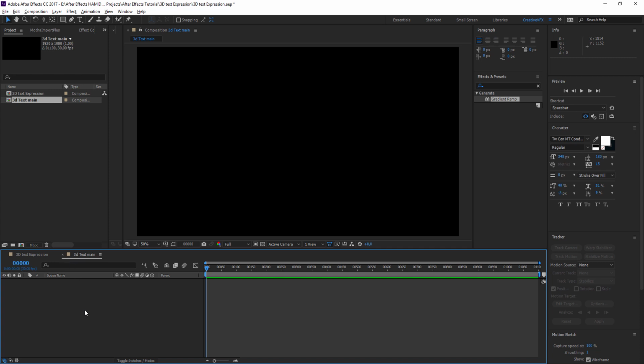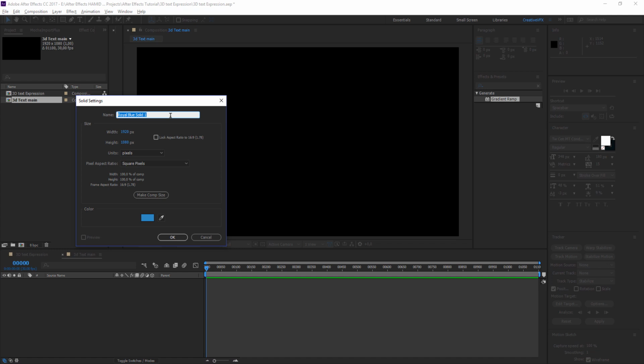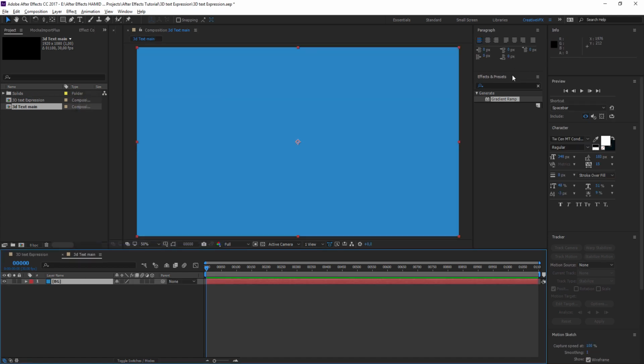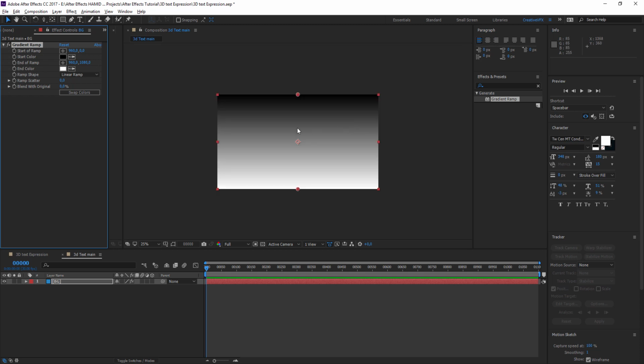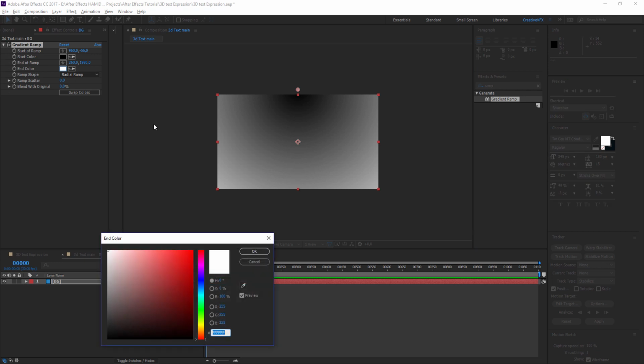Let's start by creating a background. So create a new solid, call this BG, hit OK. And I'm going to give this a ramp effect. Let's make it a radial ramp. Put the intensity a little bit down. And also let's play with the colors.